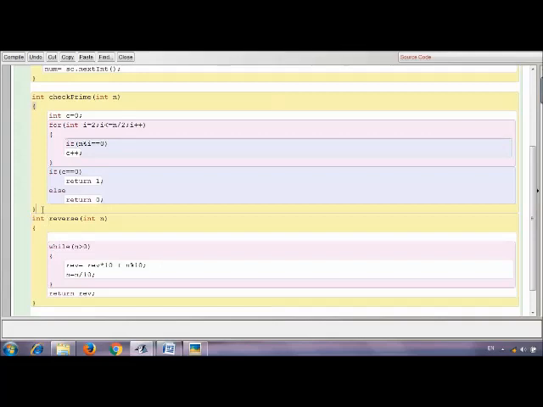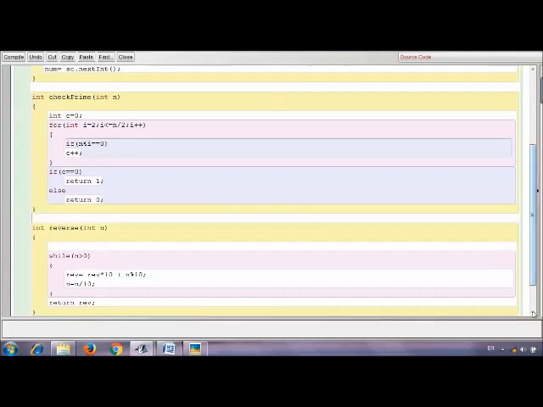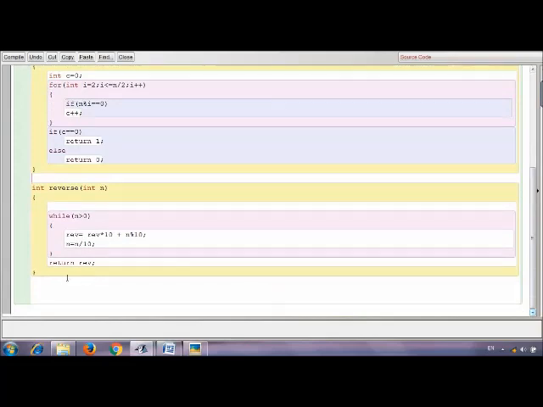The reverse function, as the name suggests, is for finding the reverse of a number, right? It is getting stored in the class variable rev. Please see the while loop. We are using a while loop to reverse the number. Inside the while loop you can see that n is equal to n by 10, just to make sure the loop will execute only a finite number of times.